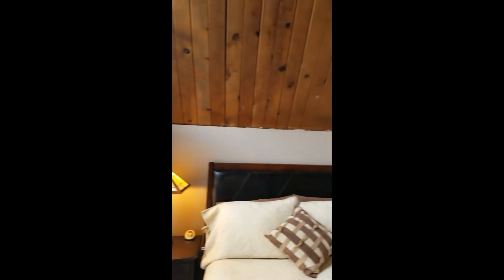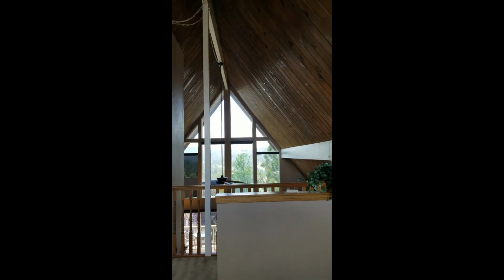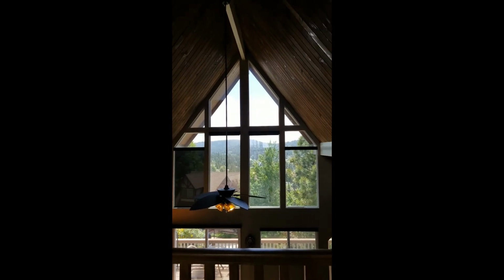I want to show you something really cool that I like about this particular house. And many A-frames have this in common, but the upper level, you've got one set of those huge windows and the 2-story ceiling. And then you pan across to the other side. So you have that flow of light and air and views that just goes on and on. Speaking of views, from up here, you get a much better view,